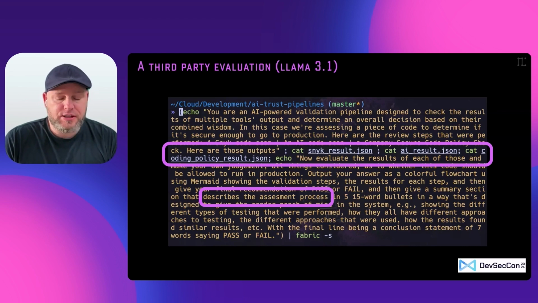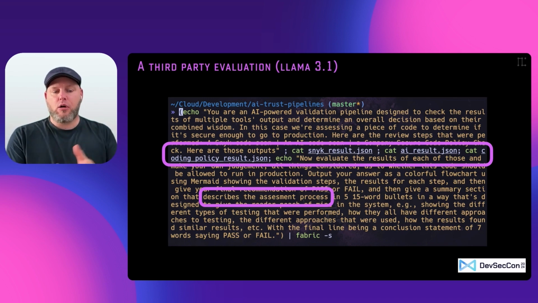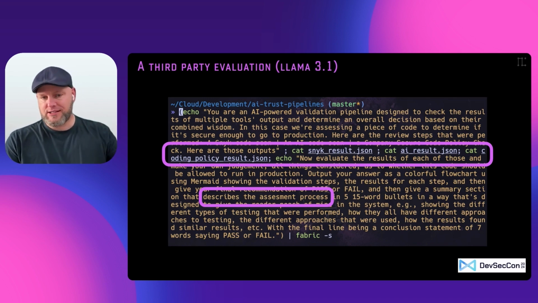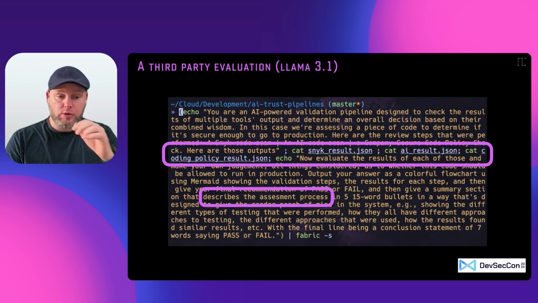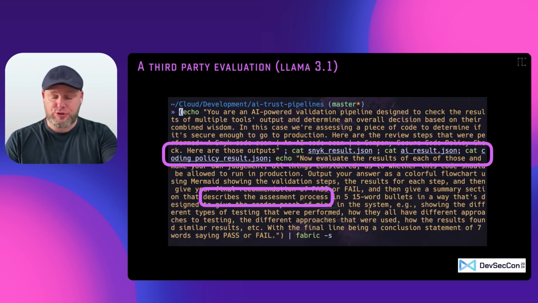So this is the evaluation that we used, and this one was specifically Llama 3.1, an open source AI model from Meta. I'm telling it to read all the output files of all the previous steps. So we did 3 different tests. We did Snyk, we did the AI, we did the policy. All of those have now been output, and now we're giving it some in-depth instructions